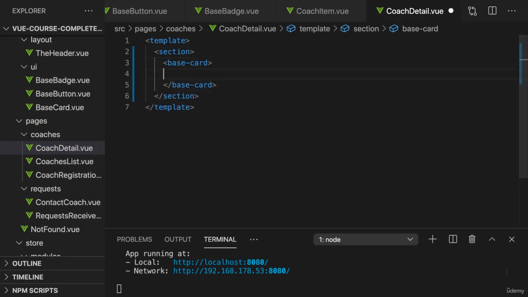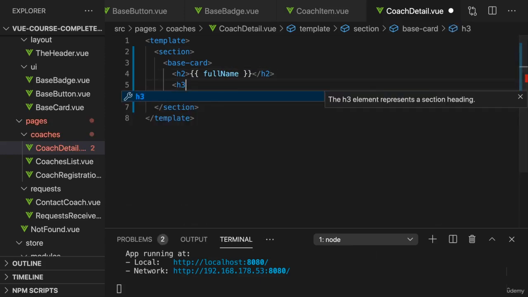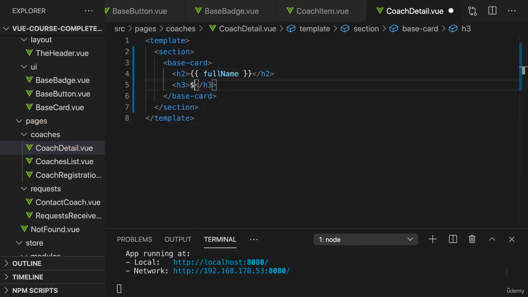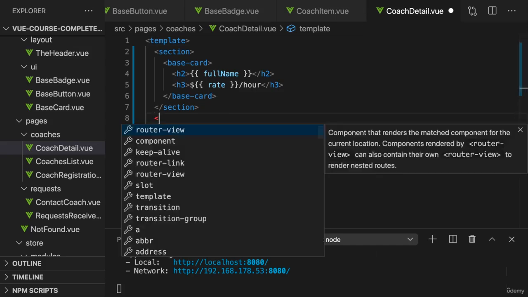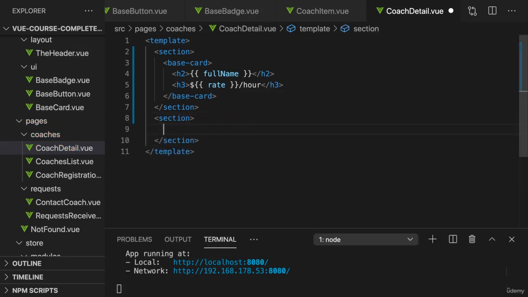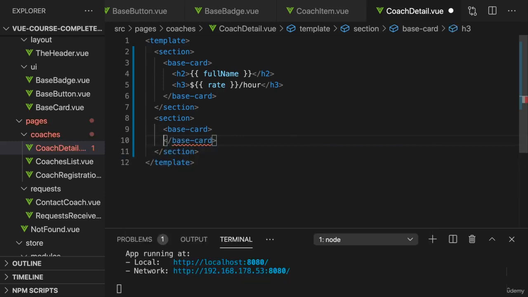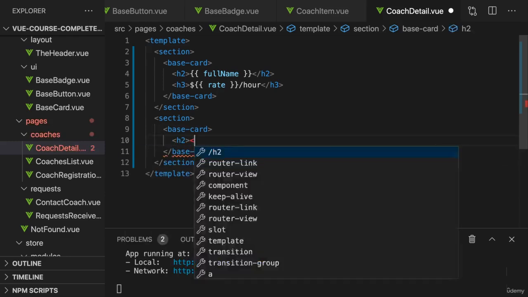So here we could have the H2 tag where we output the full name, and below that H3 tag where we output the rate. So $, then interpolate the rate, and then make it clear that it's an hourly rate by adding /hour. The next section of data which I want to have on this page here is, let's say, the contact button. So here, again, using the base card, I will add another H2 tag, actually, like this, where